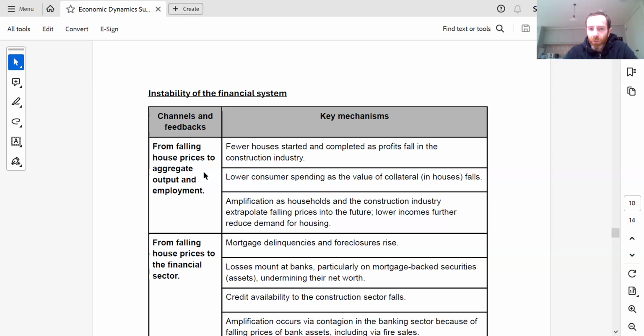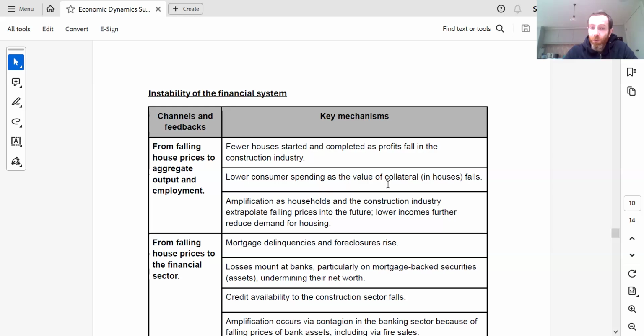Well, if house prices fall, then the construction industry is going to think, okay, there's less money available from selling houses, so we're going to maybe build fewer, and then profits are going to fall in the construction industry as a consequence. And then the second thing we've already seen: